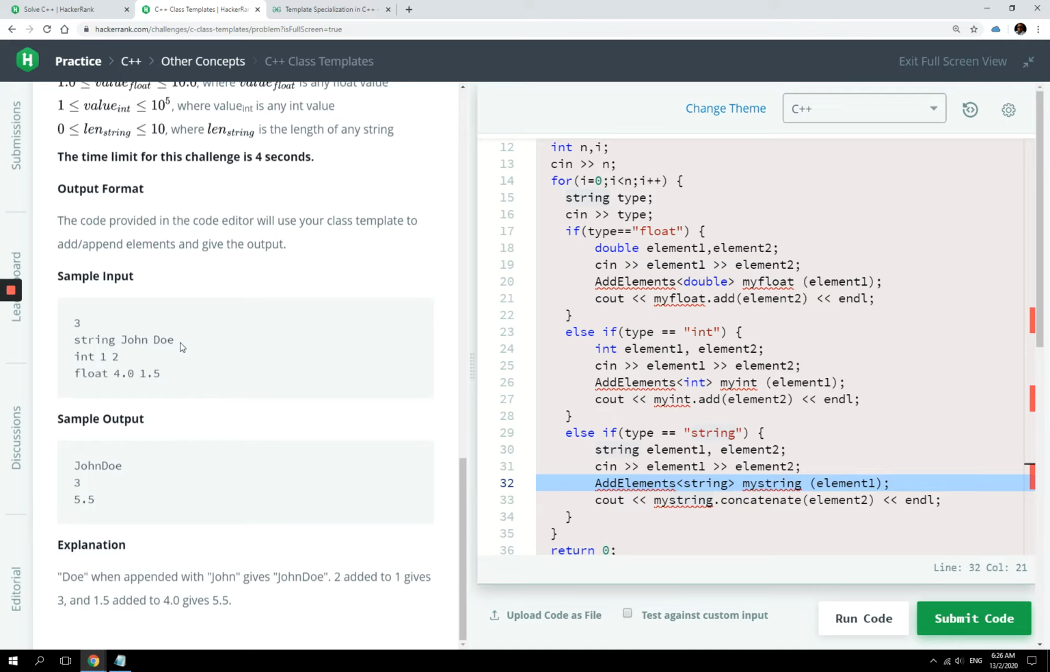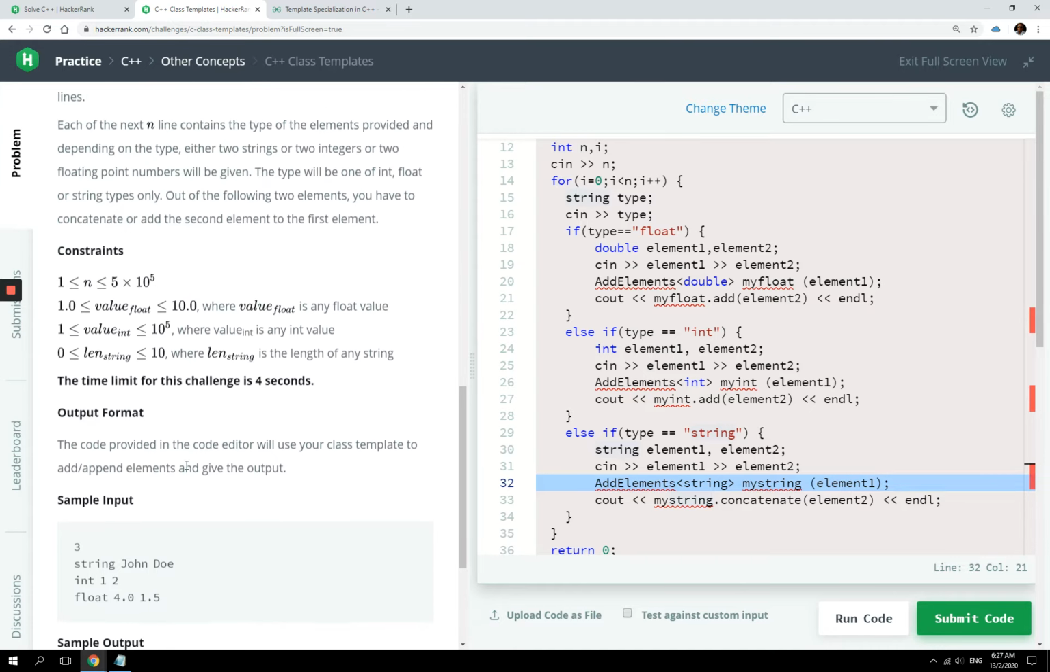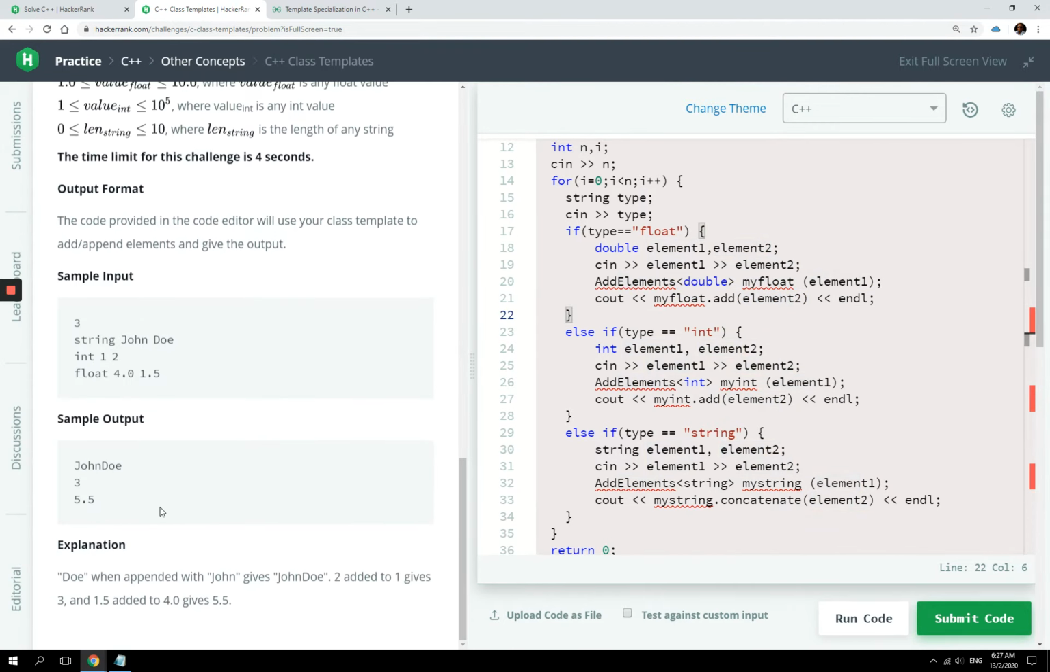So if we add John and Doe together, we are concatenating the string, so we get this in one single string. If we add 1 and 2 together, then we get 3. If we add 4.0 and 1.5 together, then we get 5.5. So we only need to worry about creating a class template, and we're going to return for the method add. We're going to have a method called add in our class, which will return element 1, which we pass to our constructor, and we are going to accept another argument for the add method and add this to element 1 and return it,